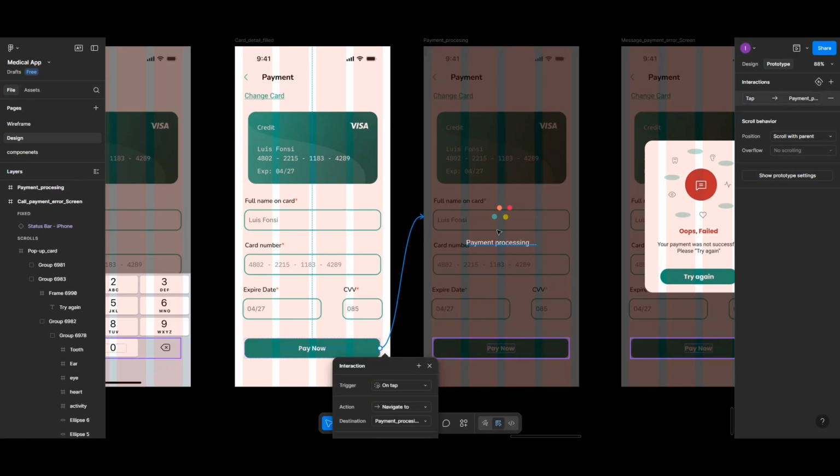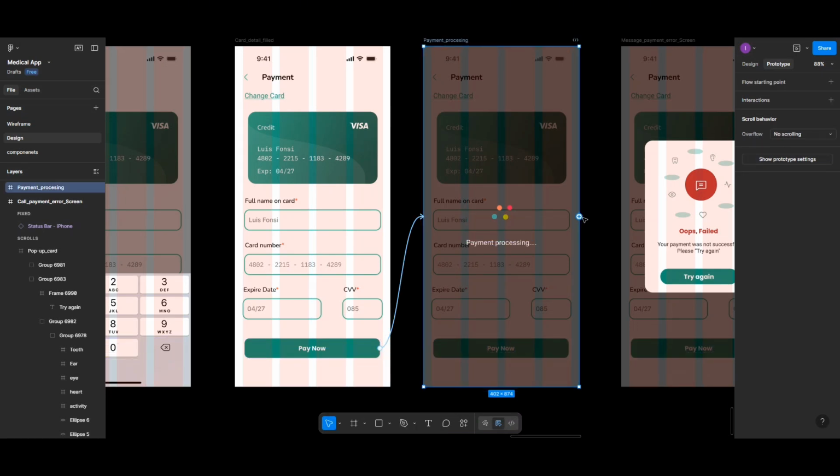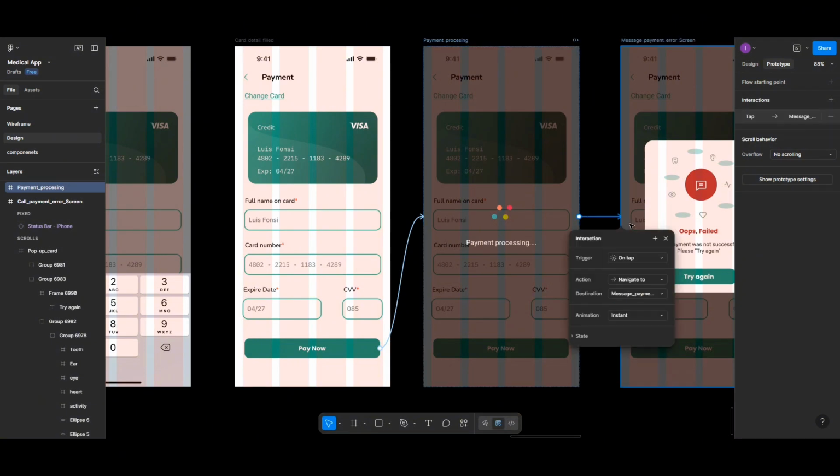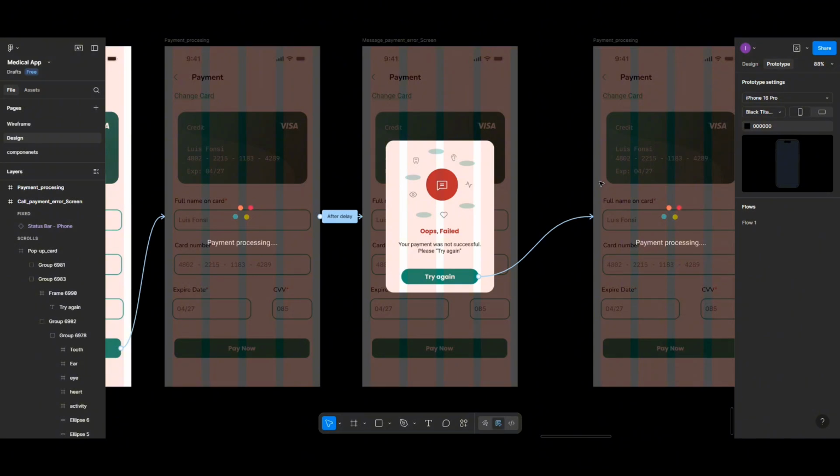On tap, we'll navigate to this screen. Then to this one, next. That should be after delay now. I'll put it at 3 seconds. So isn't it? It will go to that. Then